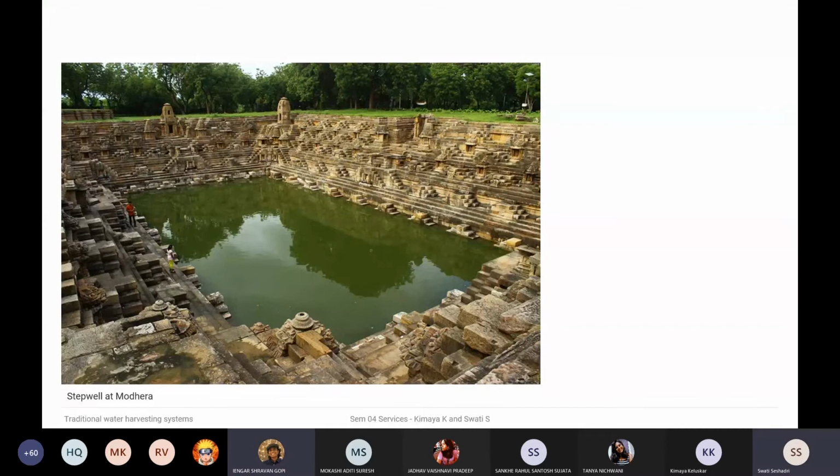So it's again a similar question here, but what would be the minimum size for a stepwell? I don't think there is a minimum size, but because you're building it on all four sides, I think it'll have to be at least 10 meters comfortably. If it's a square kind of stepwell, something around 10 meters by 10 meters is possible, but you can obviously be much smaller than that as well, depending on what you're building it for.